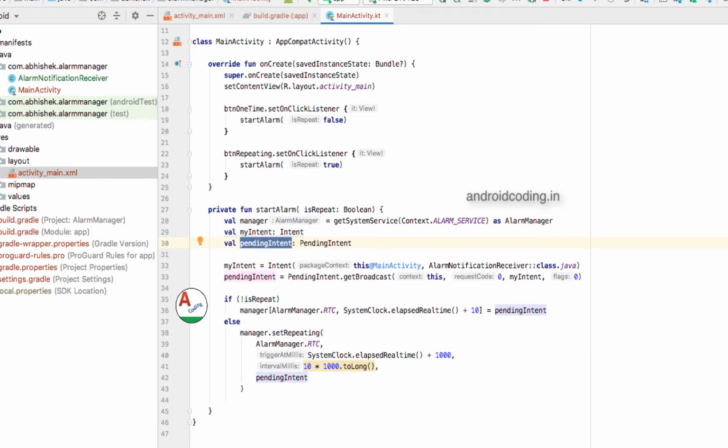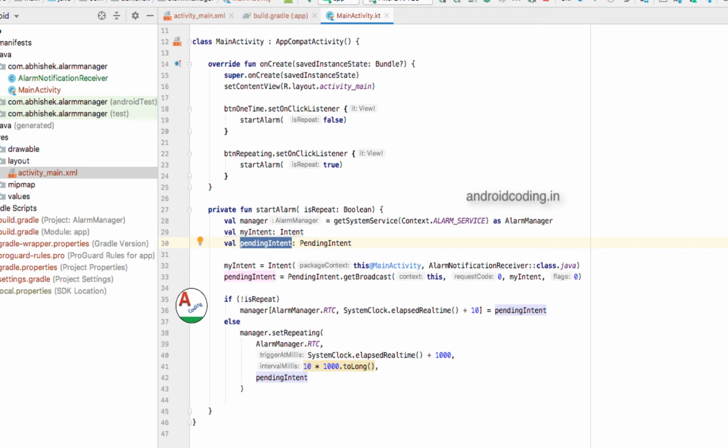Why pending intent? For example, I want to open a specific activity at 3 o'clock. I want the alarm manager to wake up and publish a push notification onto our device, and whenever we click on the push notification, I want to open a particular screen, a particular activity. So there we use pending intents.